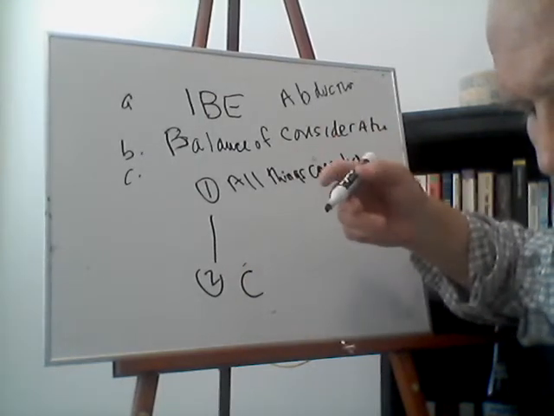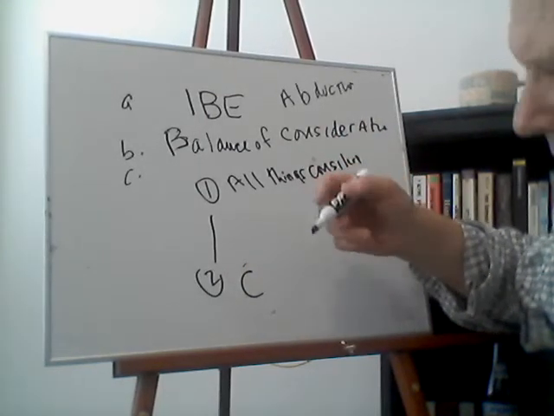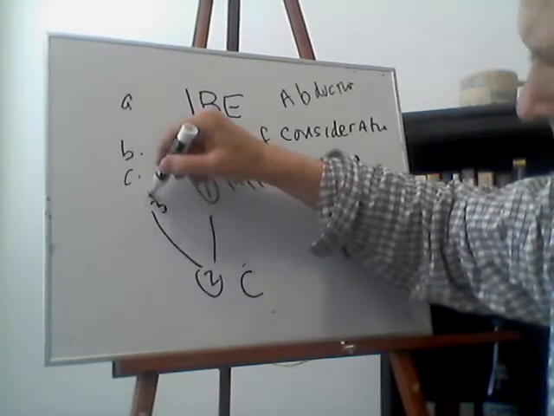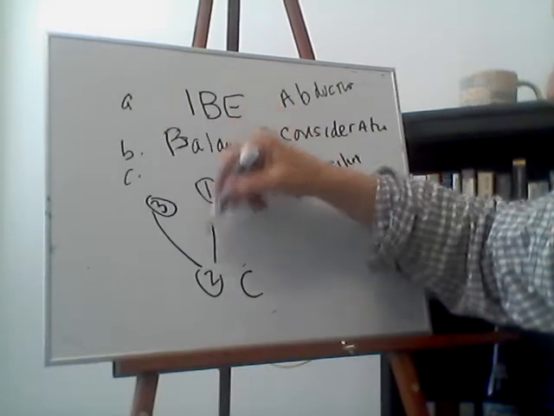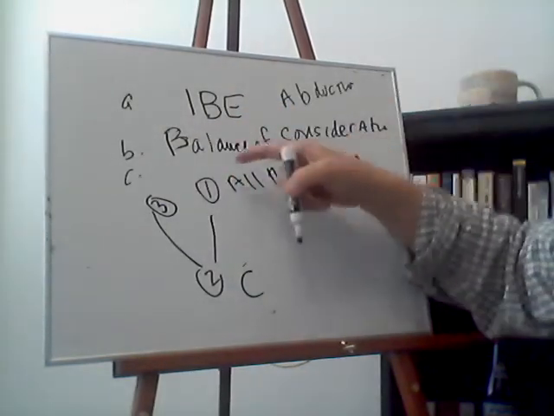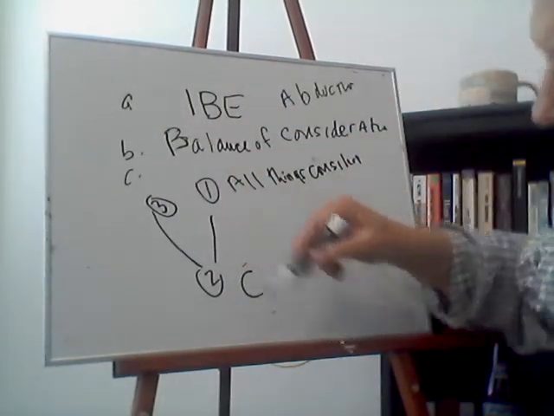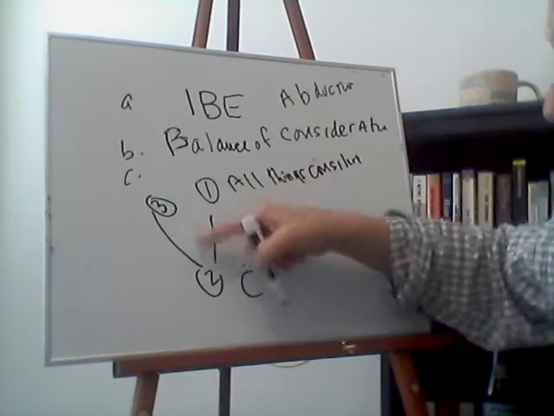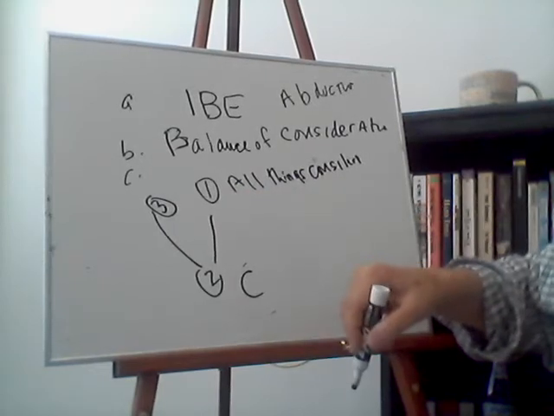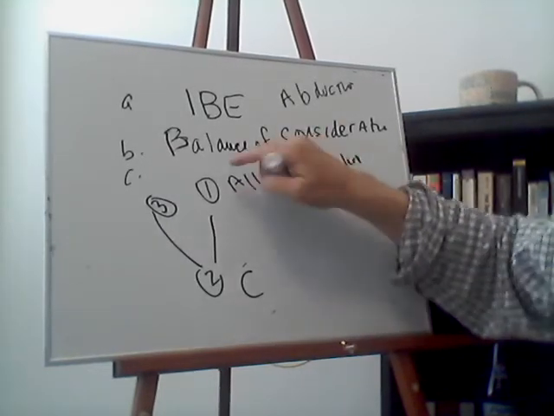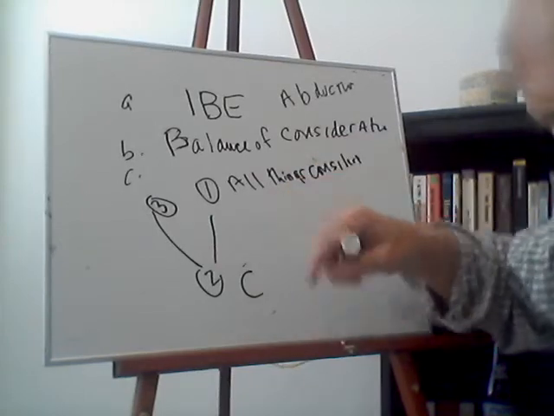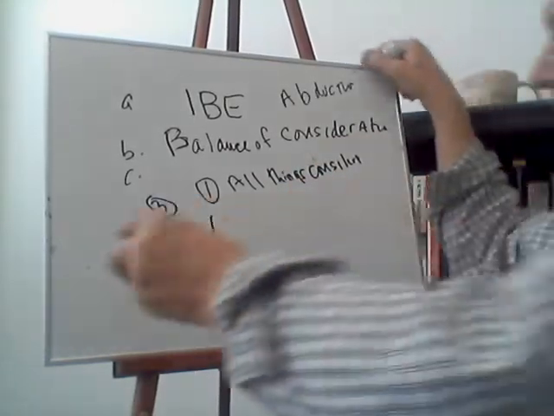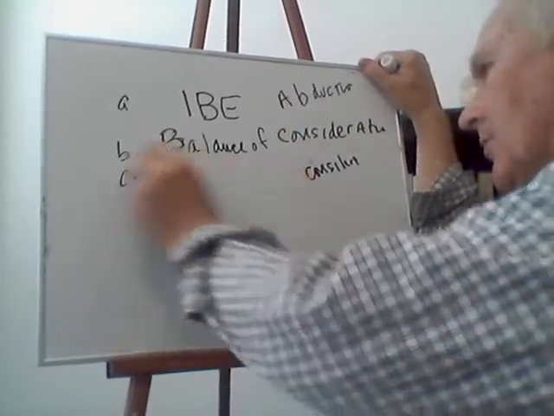Then let's say plus, let's get AAA to make reservations. I guess you could put that as another reason too. So 3. It'd be 1 down to 2 and 3 down to 2. You could probably do it just 1 down to 2, but I think 3 would count too. So I'd say 1 down to 2 and 3 down to 2. This is a balance of considerations argument because all things considered. They don't tell you what they are, but it's a balance of considerations argument.